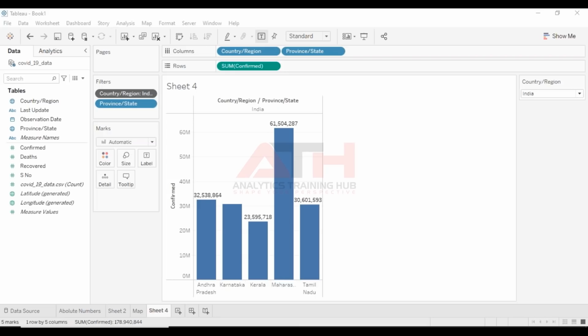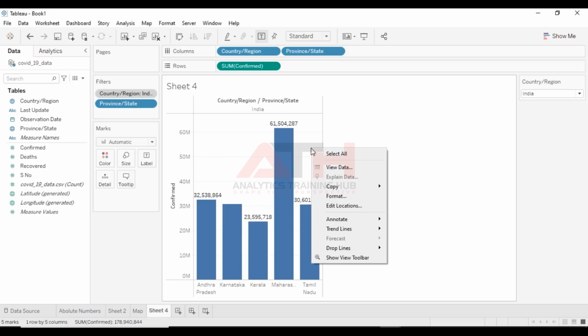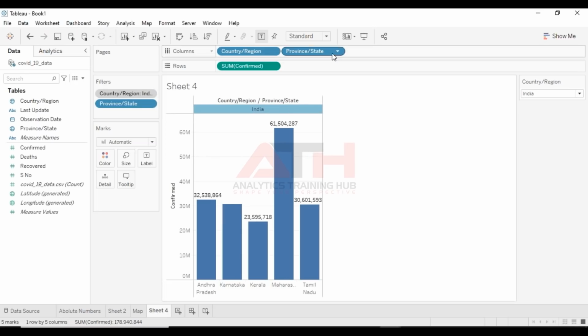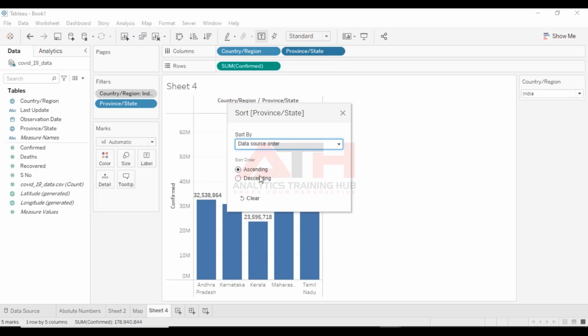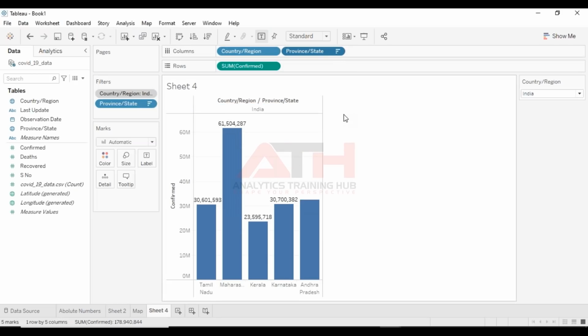Okay, so Manzoor has one question here about ascending and descending order. That is something I was coming to, Manzoor. For creating a sort, we can create a sort from here. We can make it in descending order, or we can make it in ascending order.